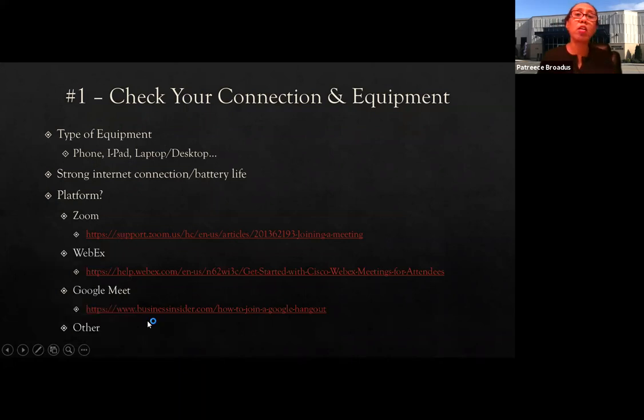And these particular sites that I've given you have information regarding how you can join a Zoom meeting, how you can join a WebEx meeting, how you can join a Google meeting, because again, each company or organization is different, and they're going to tell you which platform. And sometimes they even have their own company platforms that they're going to want you to utilize.